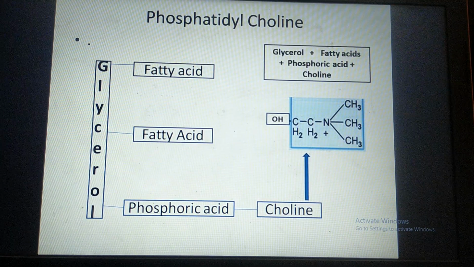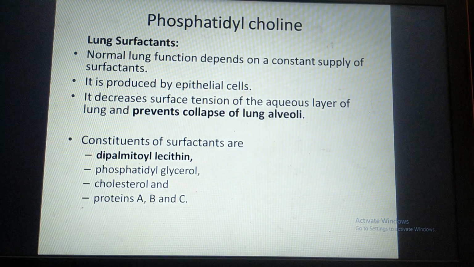In short, the first phospholipid is phosphatidyl choline. All of us know that. The importance of phosphatidyl choline is that it is the important constituent of surfactants in the lung. Normally, the lung function depends upon the surfactant. These surfactants are produced by the epithelial cells. Inside the alveoli, these surfactants form a thin layer so that when the air comes out of the alveoli, the alveoli does not collapse. That means they decrease the surface tension from the inside of the alveoli and prevent collapse